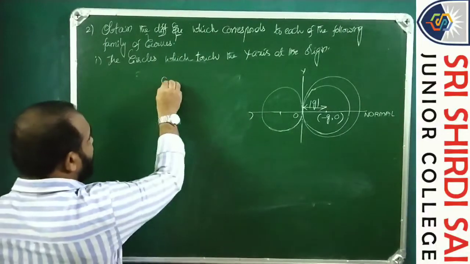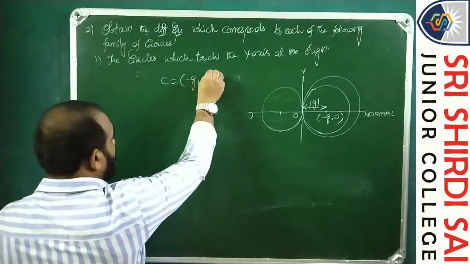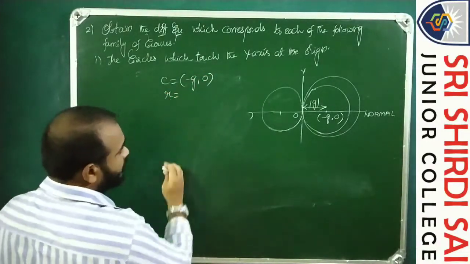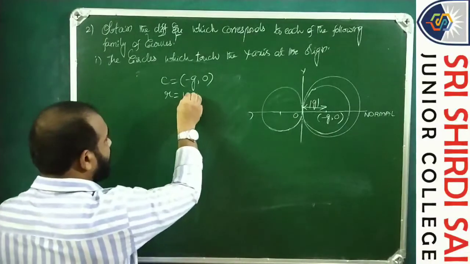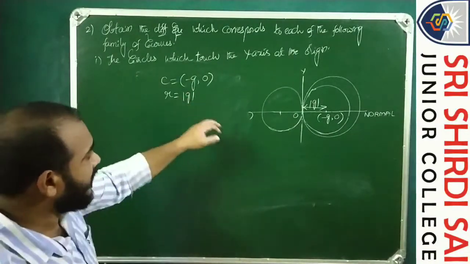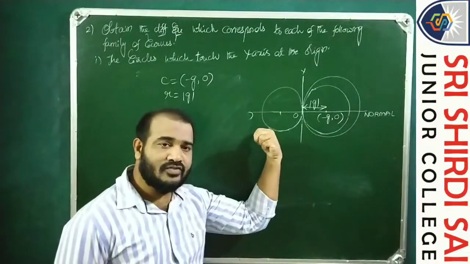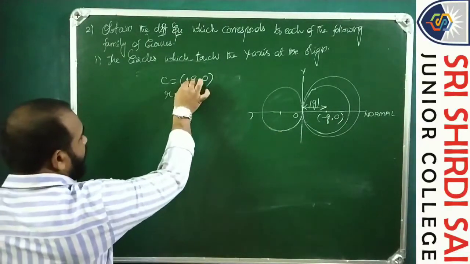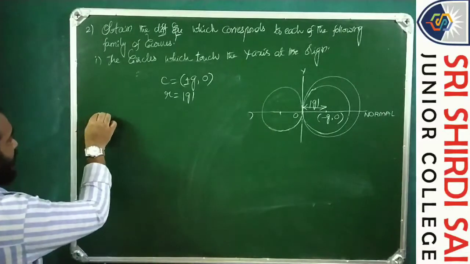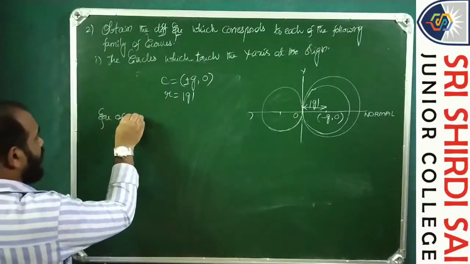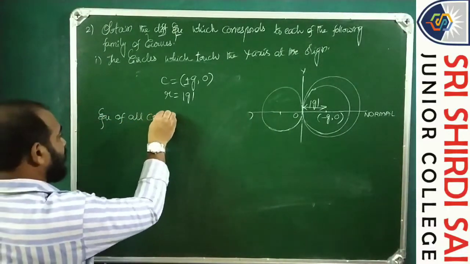The center will be plus or minus g comma 0, depending on which side the circle lies. Therefore, the equation of all circles